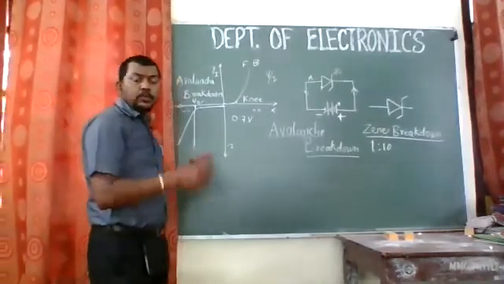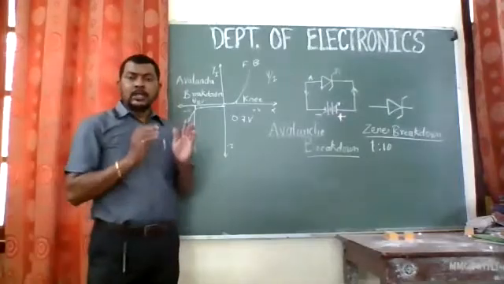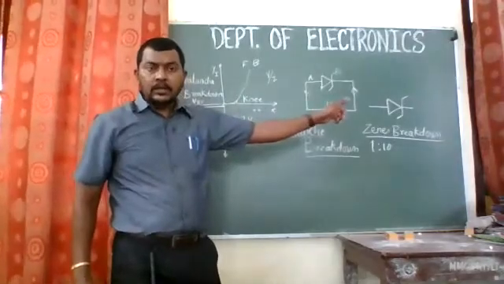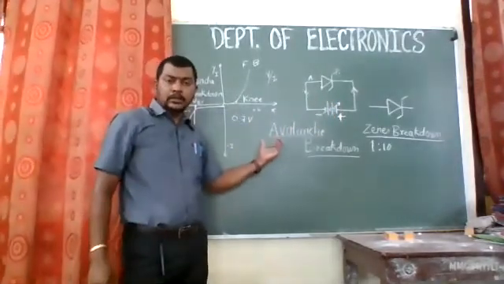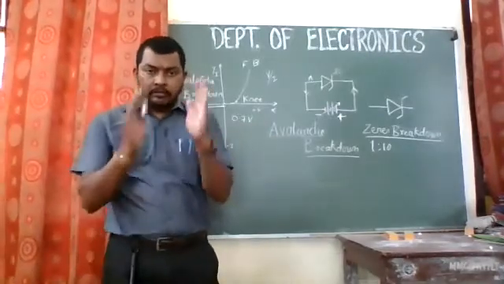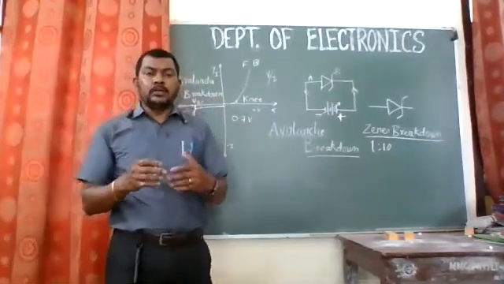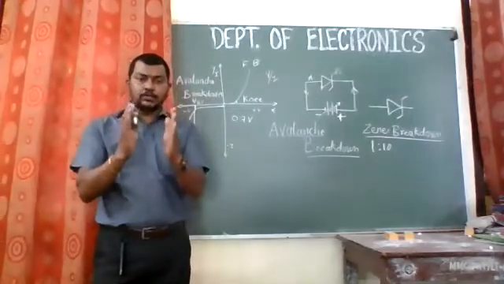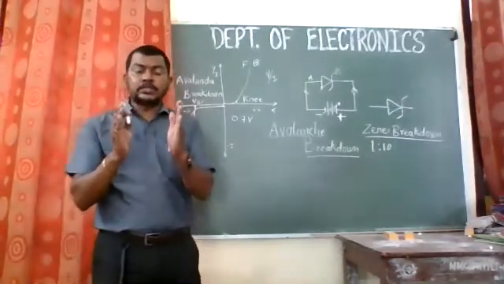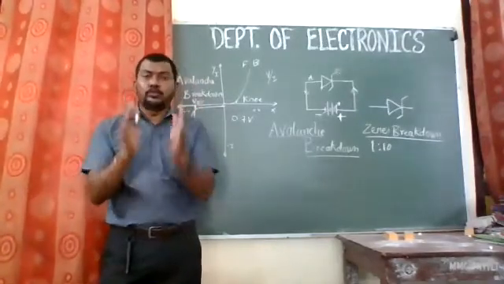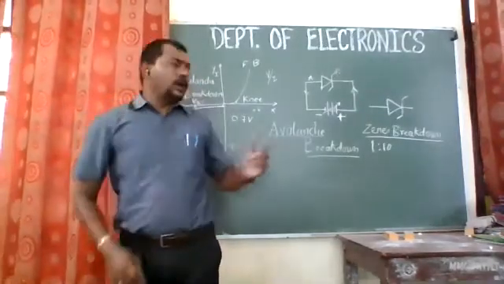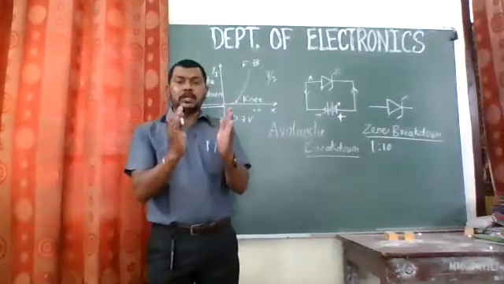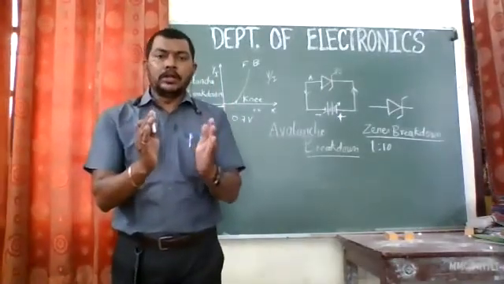So this is the difference between the avalanche breakdown and Zener breakdown. Remember this: the ratio of doping is 1 to 100 here, and there it is 1 to 10, due to which the depletion layer in the simple PN junction diode is very big and comparatively does not have that much strength. But in a Zener diode, the depletion layer is very small, but it has a big strength, that is, it has many neutral particles in that particular small region. When we apply a reverse voltage to such a diode, the depletion layer will go on increasing, but it won't increase much. At a very small level, it will break.